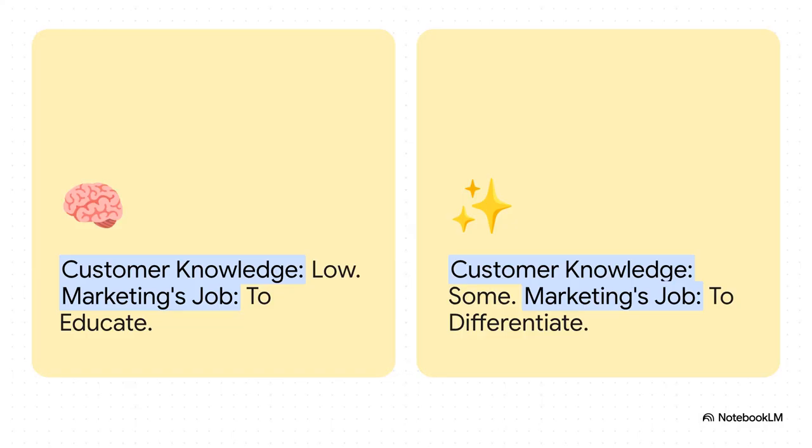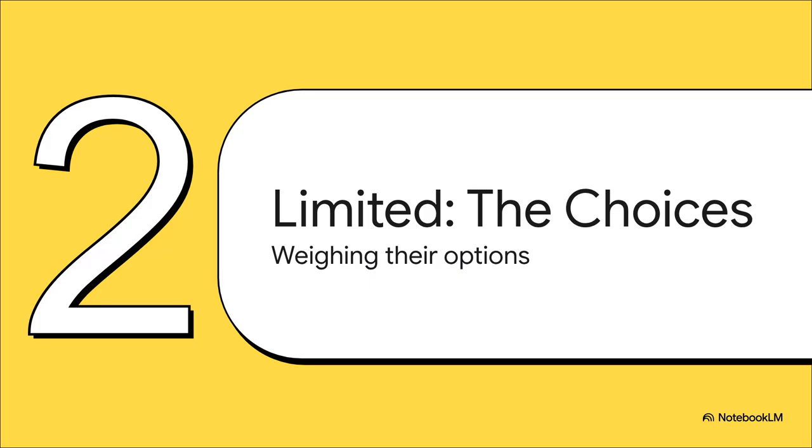And right here, you can see how the whole game just completely changes. The second a customer gets even a little bit of baseline knowledge, your job shifts. It's not about teaching anymore. Now, it's all about standing out from the crowd. And that brings us right to our second path, limited problem solving. And I'll tell you, for most businesses out there, this is where the real competitive battles are fought and won